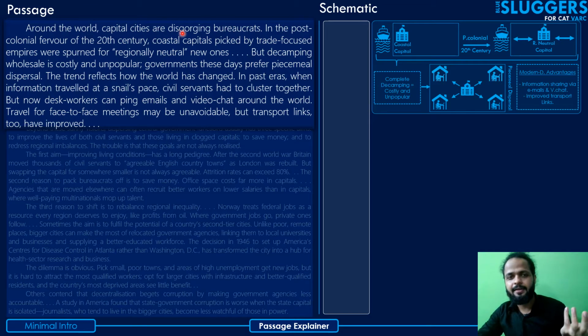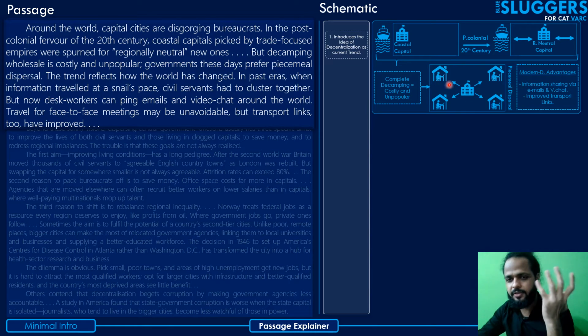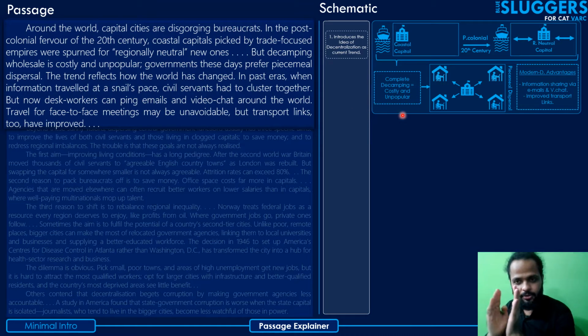Well, in this case, he's basically referring to the sending out of the government officials, right? Exactly what he had said in the first sentence. So because this whole complete displacement is costly and unpopular, now they simply displace some parts of it. So they basically send out the government officials. Kind of work from home scenario, not necessarily. Please take that as a side note. Okay, then next he says that